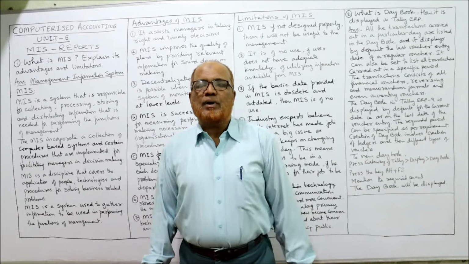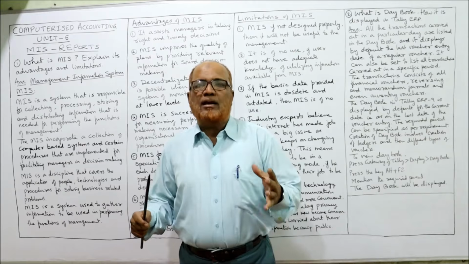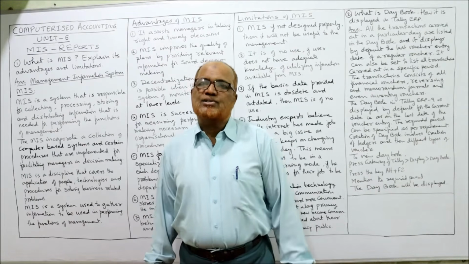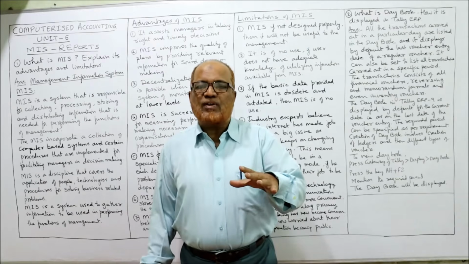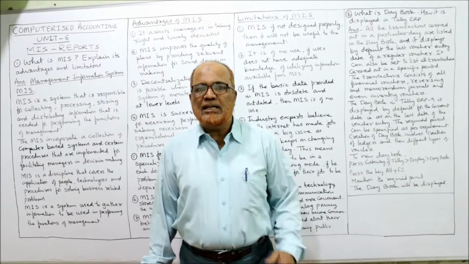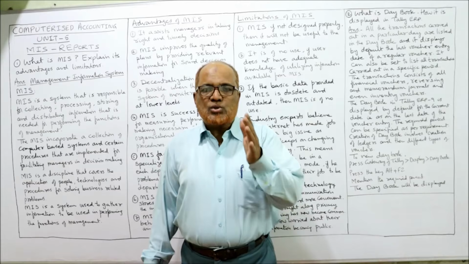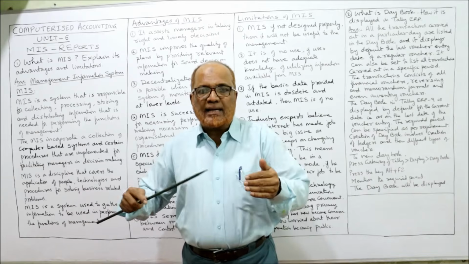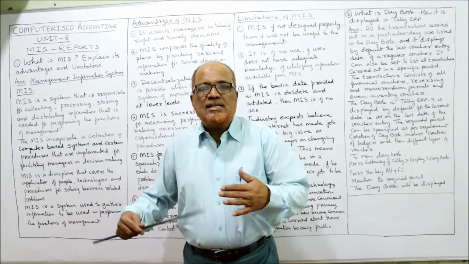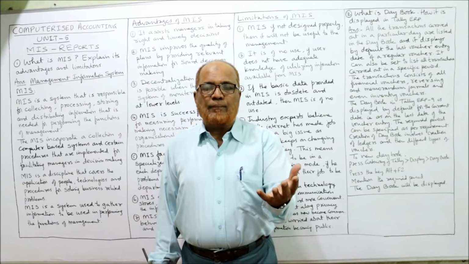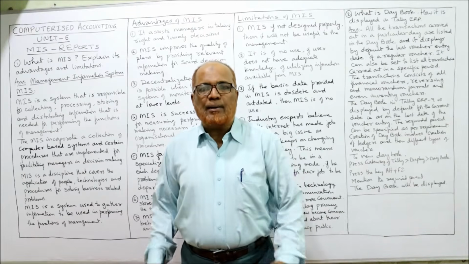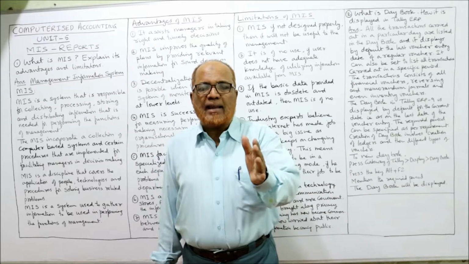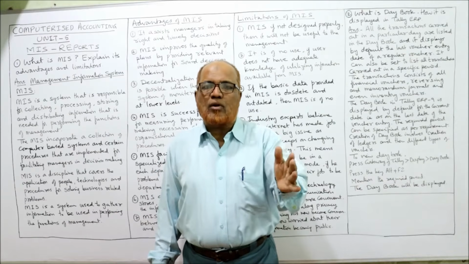A management has to perform different functions like planning, organizing, controlling, coordinating, staffing, etc. For performing all these functions, the management needs information. So this MIS is a system which is responsible for collecting the data, processing the data, storing the data and distributing the data among all the parts of the organization so that the management can perform their